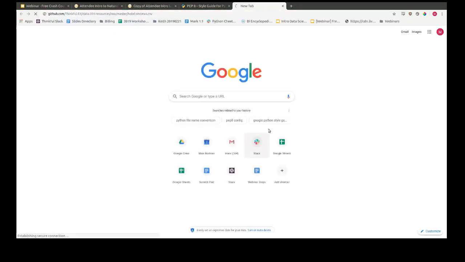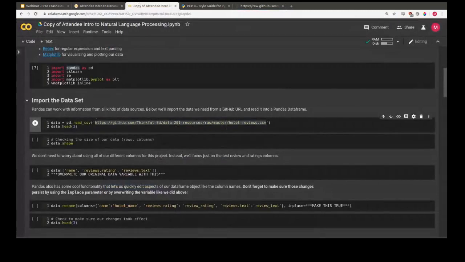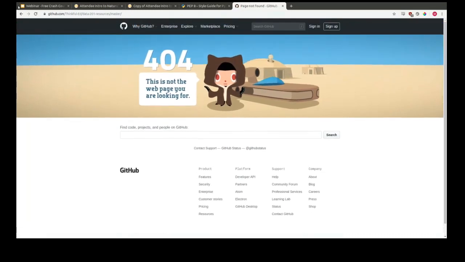So I'm going to go ahead and make things a little less abstract for you guys. If we go to this GitHub link, you can see that it points to the URL that boils down to a CSV. There's a redirect in here somewhere, so I'm just going to fix that up. Maybe this isn't publicly accessible. Anyway, the important part is that this essentially exists in a file directory on a server, much like the files on your computer would exist on your computer. You have your C drive, your user folder, your documents folder, and then there's documents in there. This is very similar to that, and we're just referring to a file called